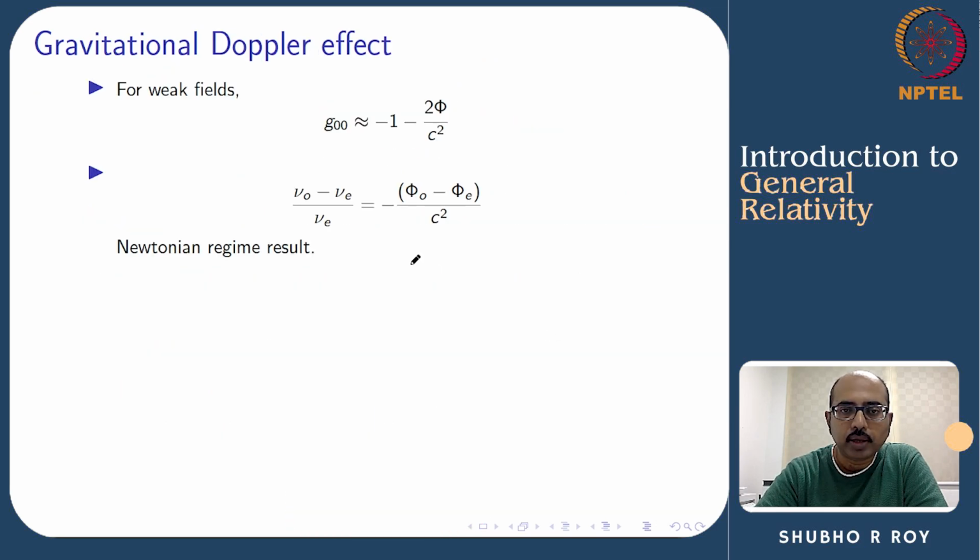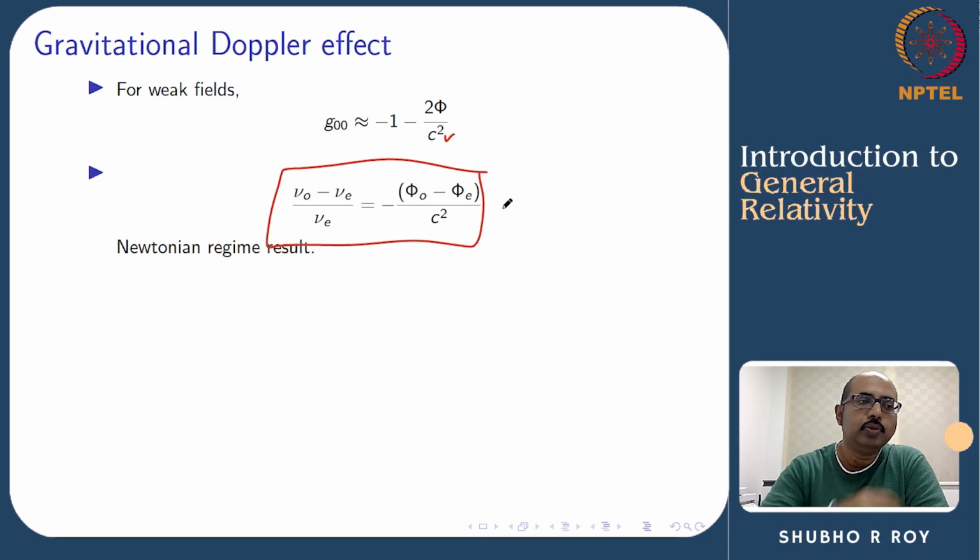And what we obtain is that the change in frequency, that is observed minus emitted divided by emitted, is equal to the difference in the potentials: the potential at the location where the photon was observed minus the gravitational potential at the point where the light was emitted, divided by c squared. I've brought back c squared because we're discussing a Newtonian result. So this is the Newtonian regime result for gravitational